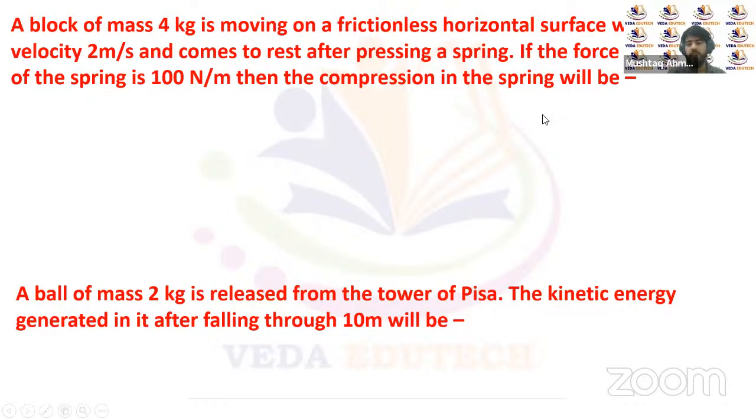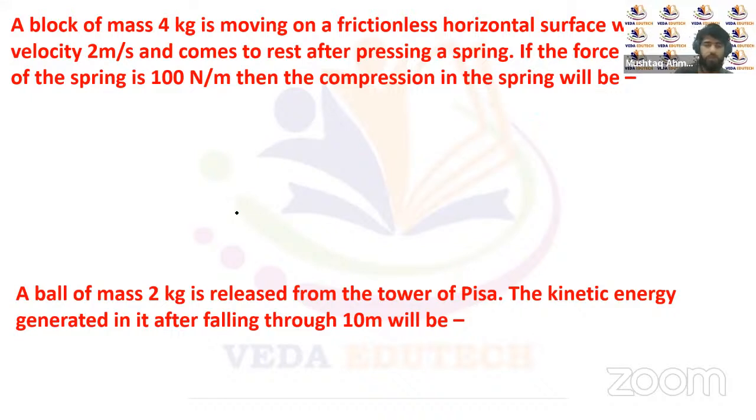Now, let's try to apply this concept of conservation of mechanical energy in this question. A block of mass 4 kg is moving on a frictionless horizontal surface. So it clearly says that it's moving on a frictionless horizontal surface, which means we have removed the non-conservative forces here. With velocity 2 meter per second, it comes to rest after pressing a spring. If the force constant of the spring is 100 Newton per meter, then the compression in the spring will be,